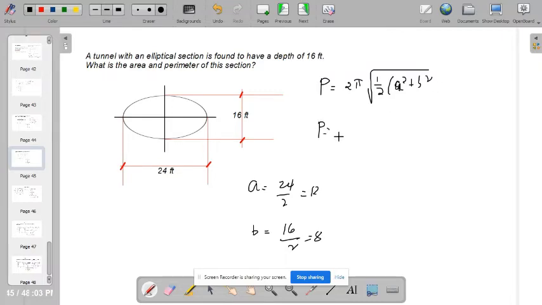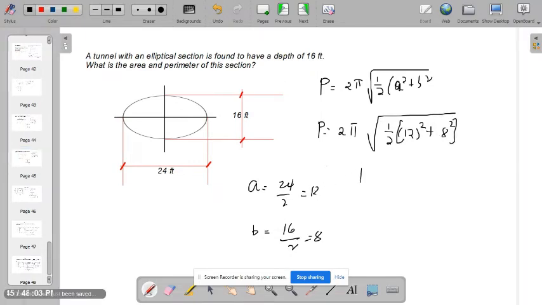P is equal to 2 pi times 1 half, what's a? 12 squared plus 8 squared. So 144 and 64. So P is equal to